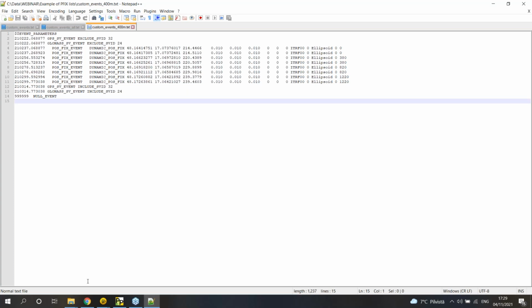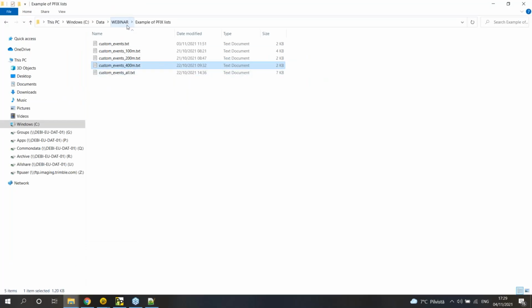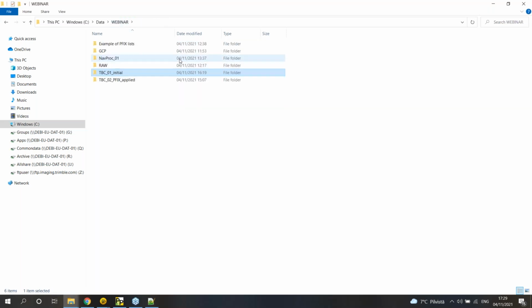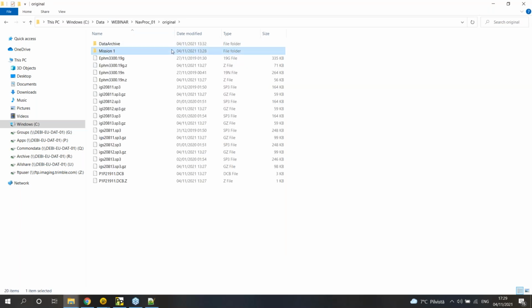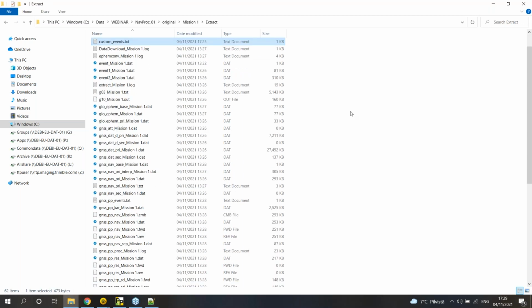All right. So what we do with this file, I will take the one we just generated. It's in my initial TPC folder, custom events. We don't rename it or anything. We take this copy. I go to my PostPack project folder. Inside there is a folder called extract, and I simply paste this file there. Now I have a PostPack project open here,